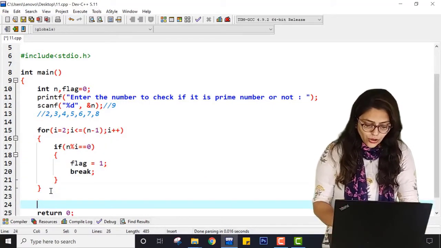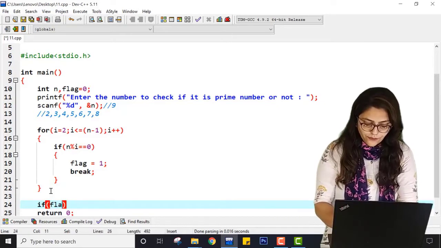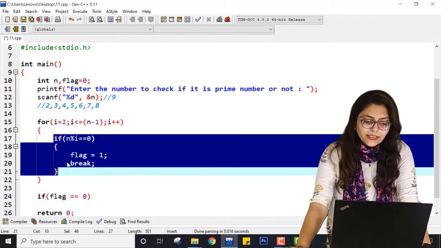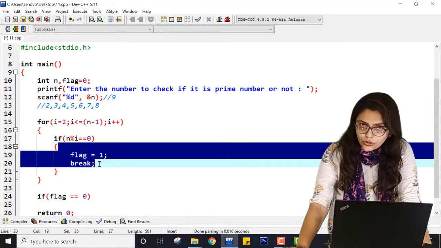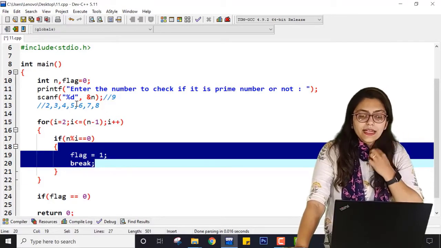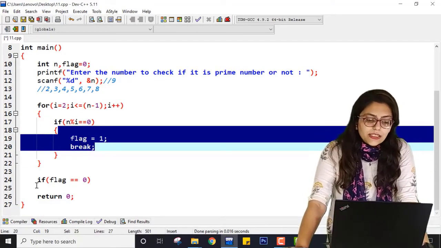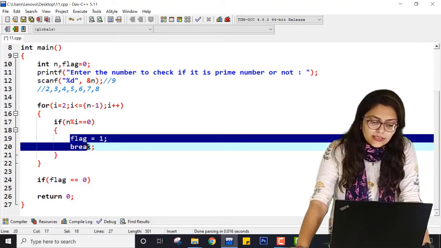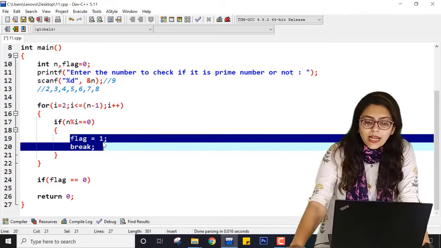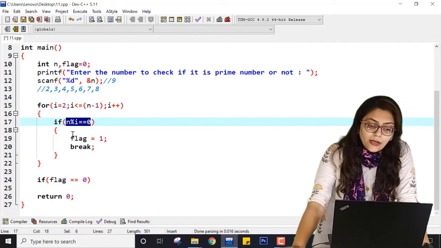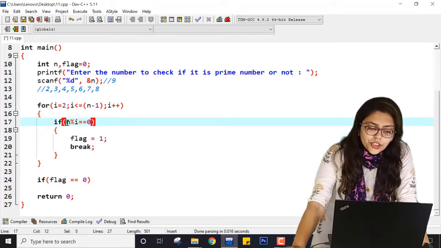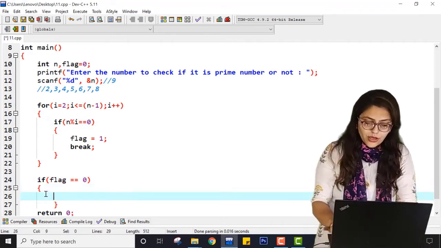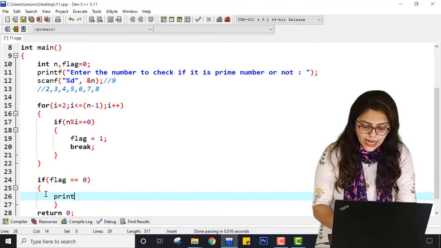How? At the end of this loop it will check if the value of flag is equal to 0. That means none of these numbers can divide it. That's why it never goes inside this statement, and flag stays at its initial value 0. That means the number is a prime number. If flag is 1, that means sometimes it goes inside this. That means some number has divided it, because only if this condition is true can this be executed. If this condition is false all the times, that means the number could not be divisible by any number from this range. So at that time I can print